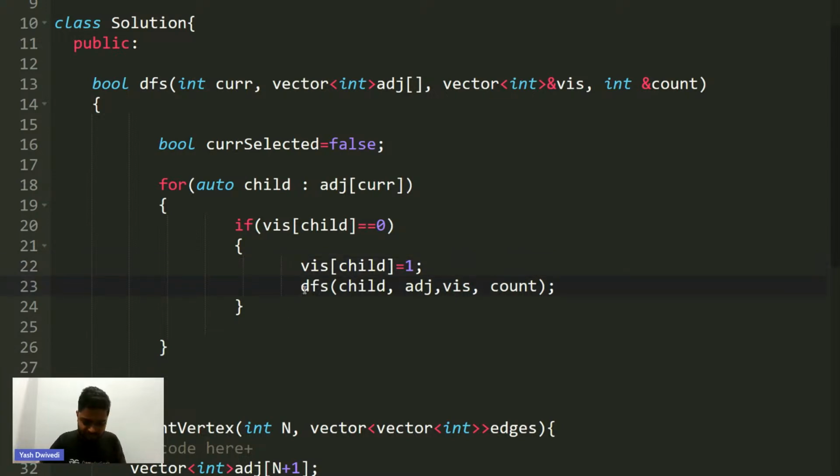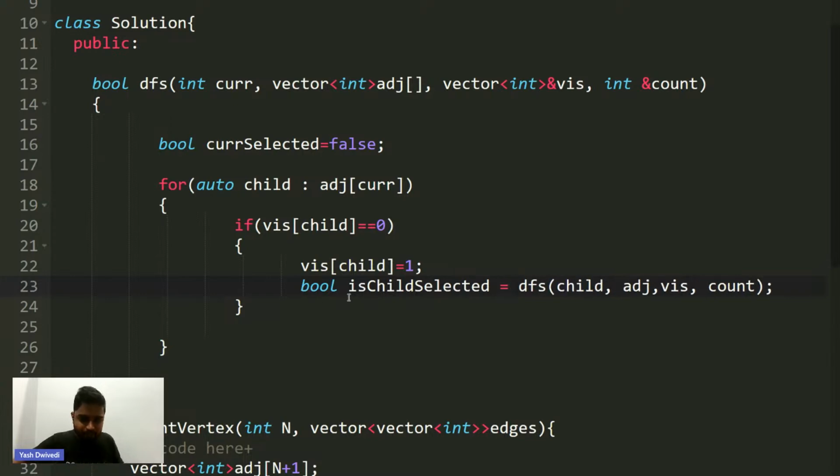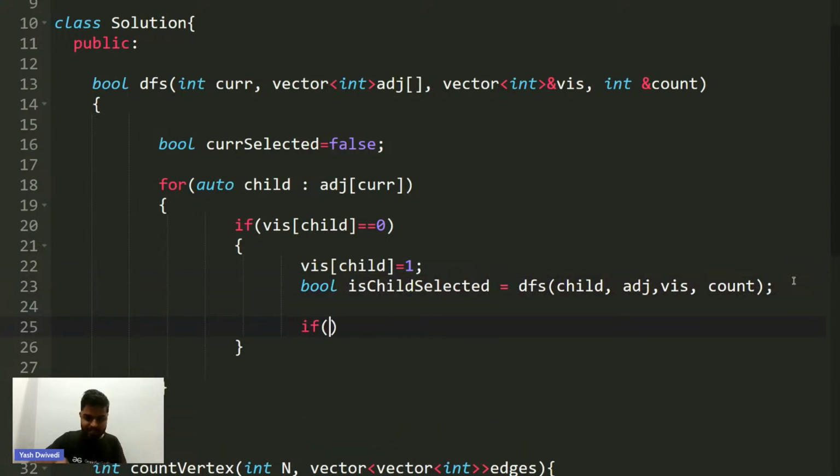Now when my child is returning something, so let's say bool, okay. Now my child will be returning a bool value, so it will tell me whether the child is selected or not. Is that clear? So this DFS call will tell me whether my child is selected or not, okay. Now, understanding this thing, guys, see, if